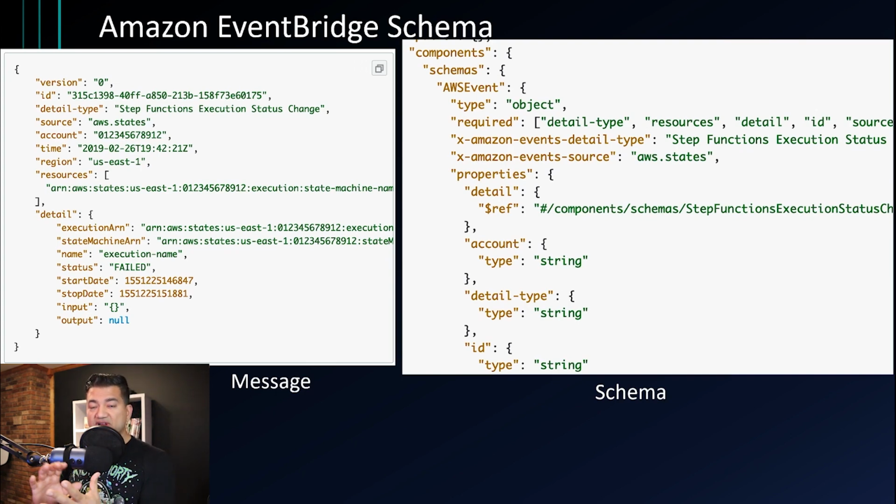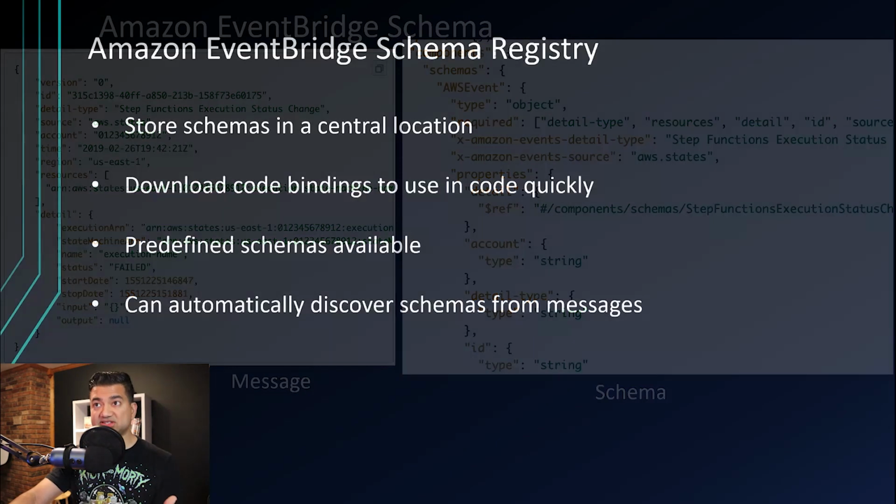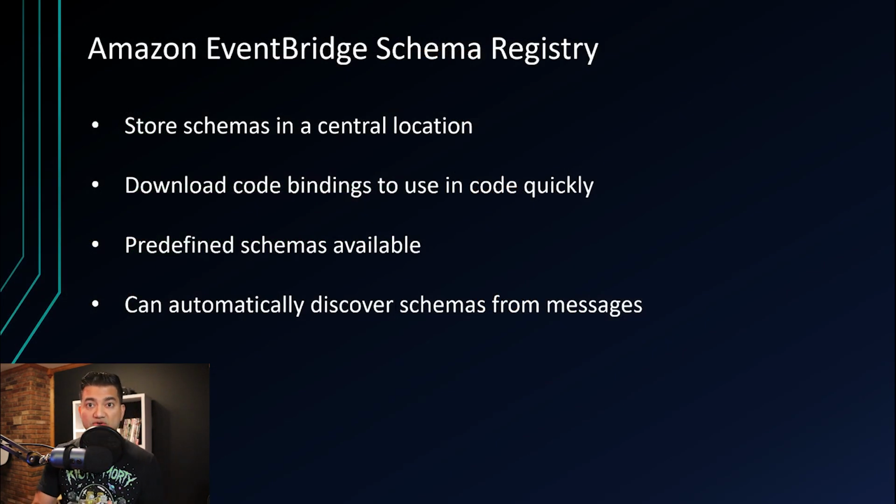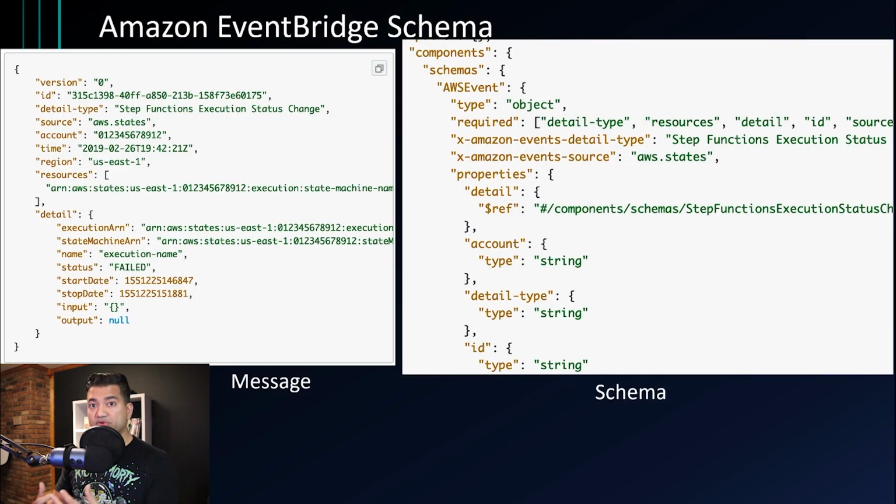EventBridge can read messages based on this schema and do conditional filtering. And also, you can save all different schemas in a schema registry in EventBridge. So you can store all this schema in a central location. And if your consumer wants to process the message from EventBridge, not only can it create this schema, it also generates a code binding that you import in your code, and then you just directly start reading the message and